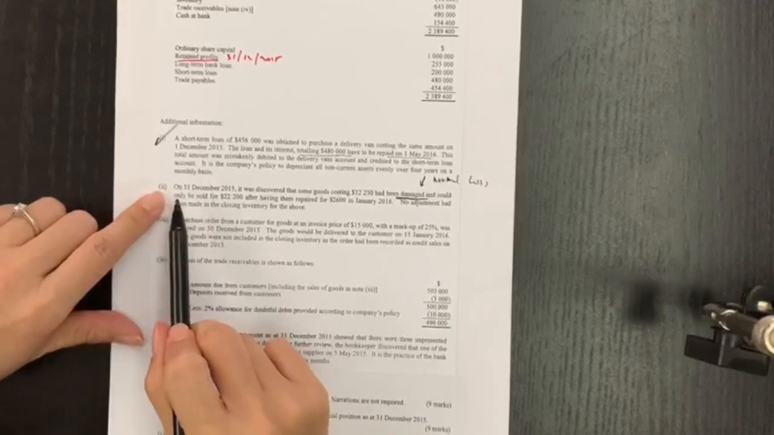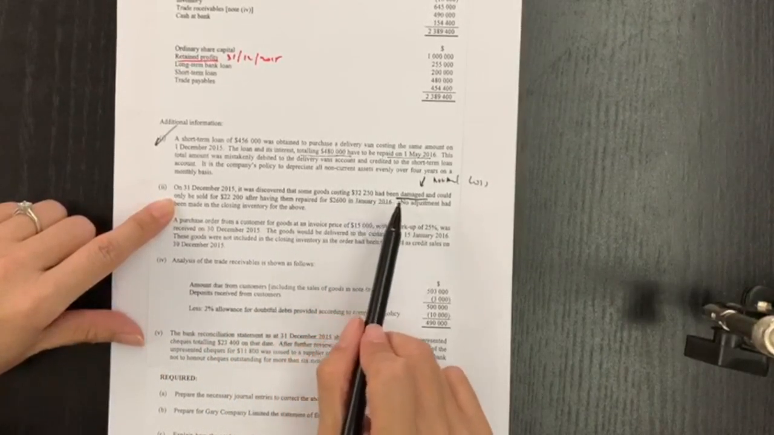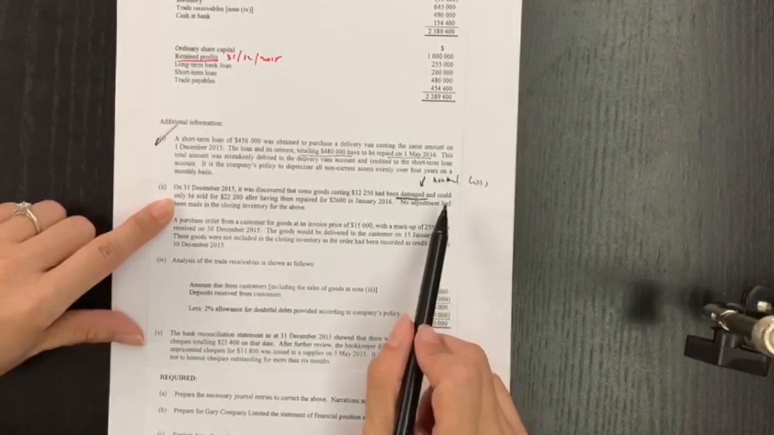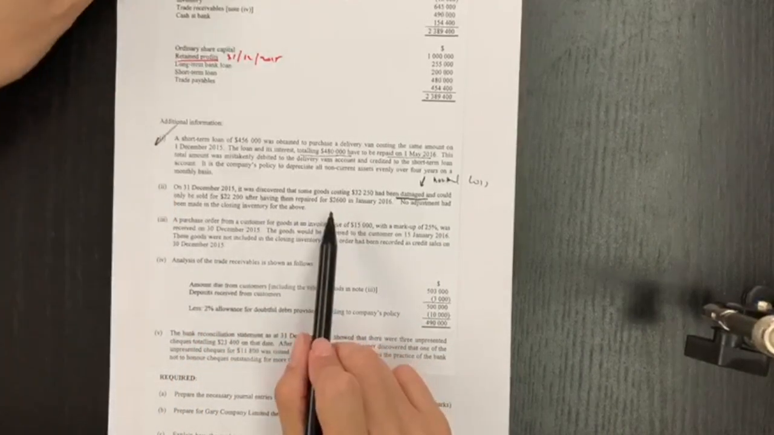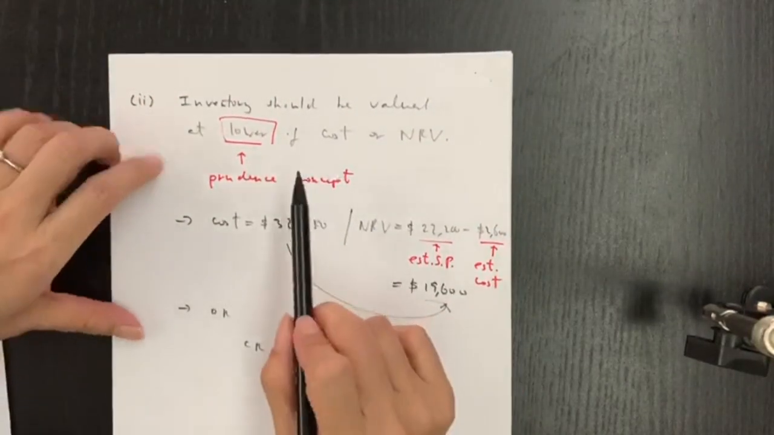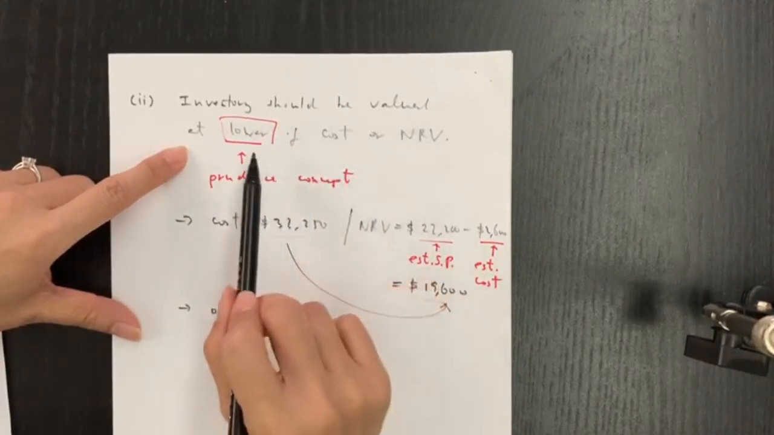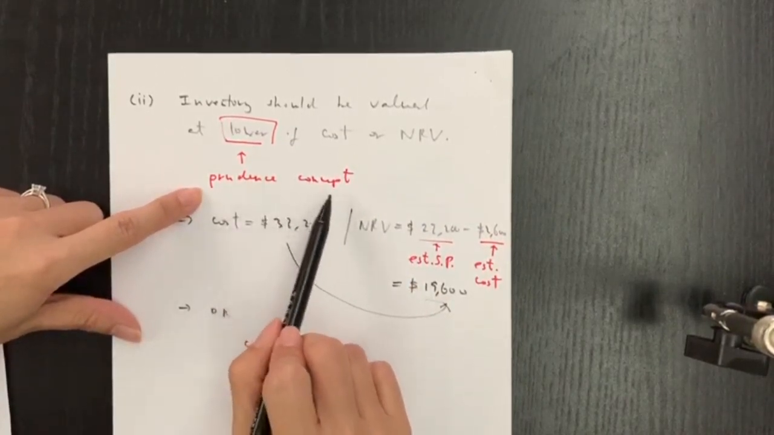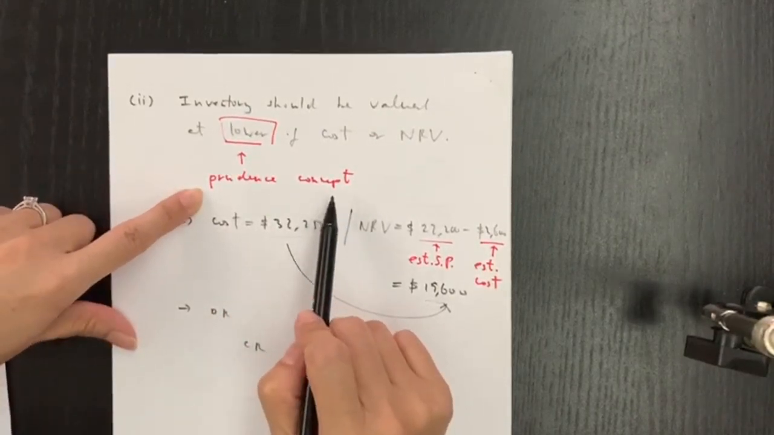Okay, next we have point number 2 here. It was discovered that some goods costing 32,250 have been damaged. All goods damaged are to be treated as a normal loss, and could be sold for 22,200 after having them repaired for 2,600. Now here we have the diagram to analyze inventory. We have this rule to value inventory, saying that inventory should be valued at the lower of cost or net realizable value, based on the prudence concept. We always choose the lower one,